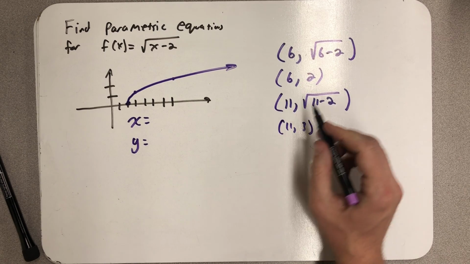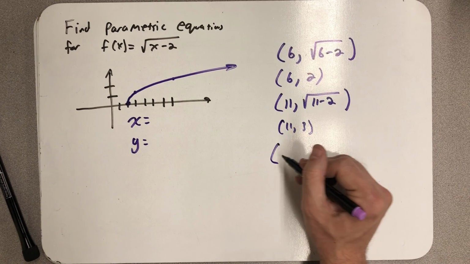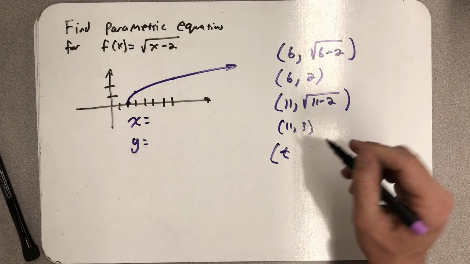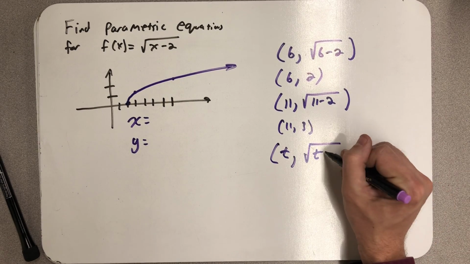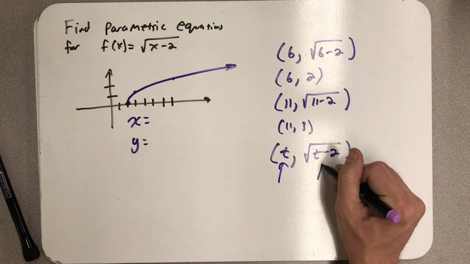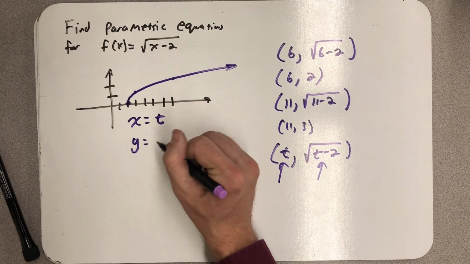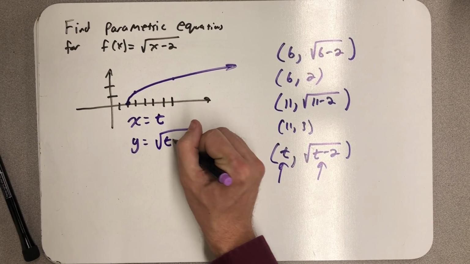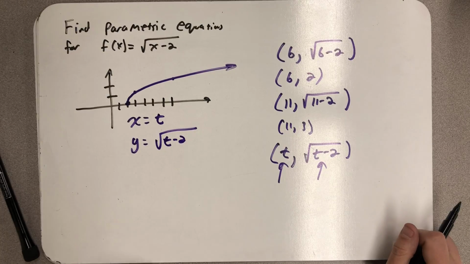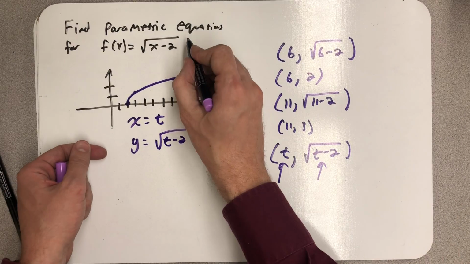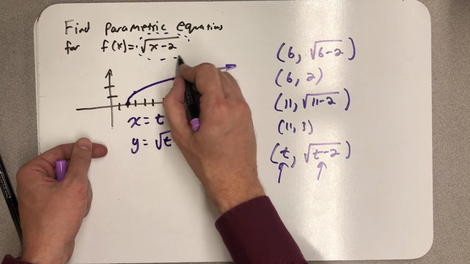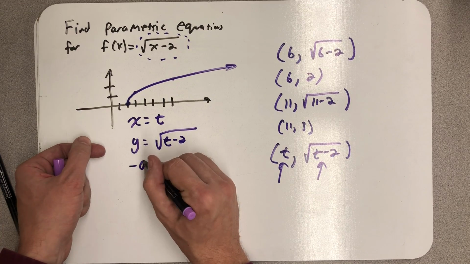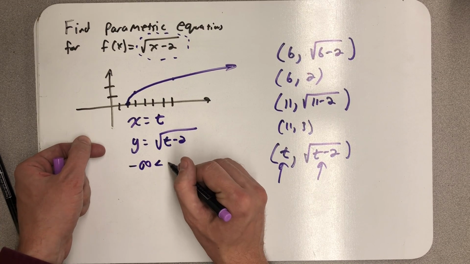But in doing this, I kind of see I'm picking an x and plugging it in the function. So I could just pick an x, like t, and then it would be the square root of t minus 2. And oh, there are my parametric equations. You let x equal t, and then y is, well, what the function said to do. Because every time you pick an x, you find a y using this formula. And I need to let t be any real number it wants to be to get the whole